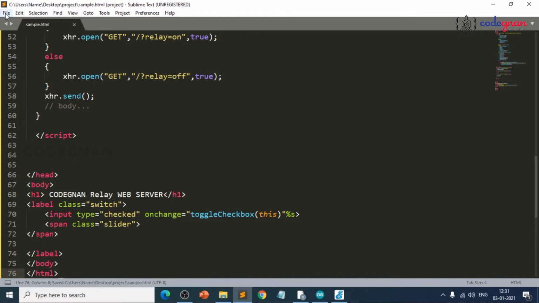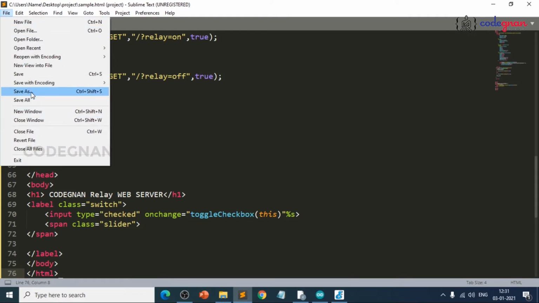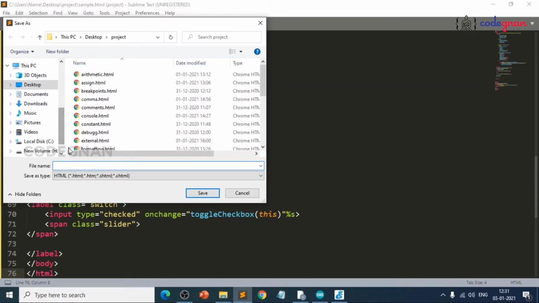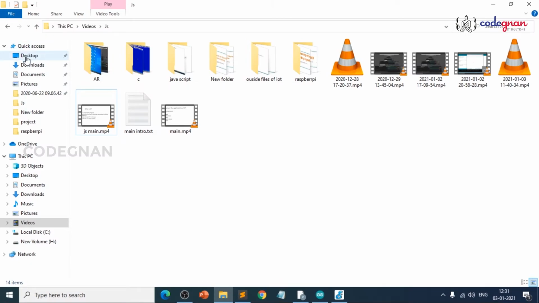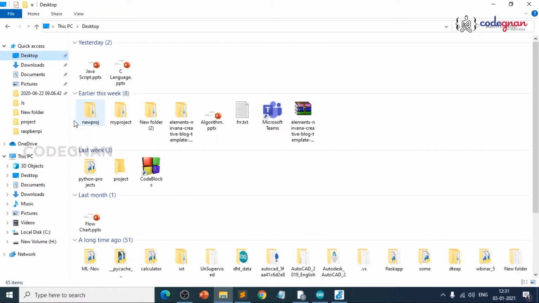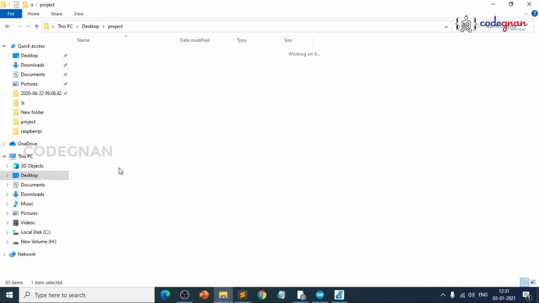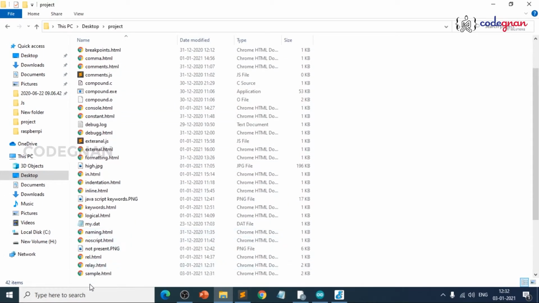It is in the format of projects. Okay, relay HTML. I will open this file. Now you can check here, desktop, projects. This is the relay file.